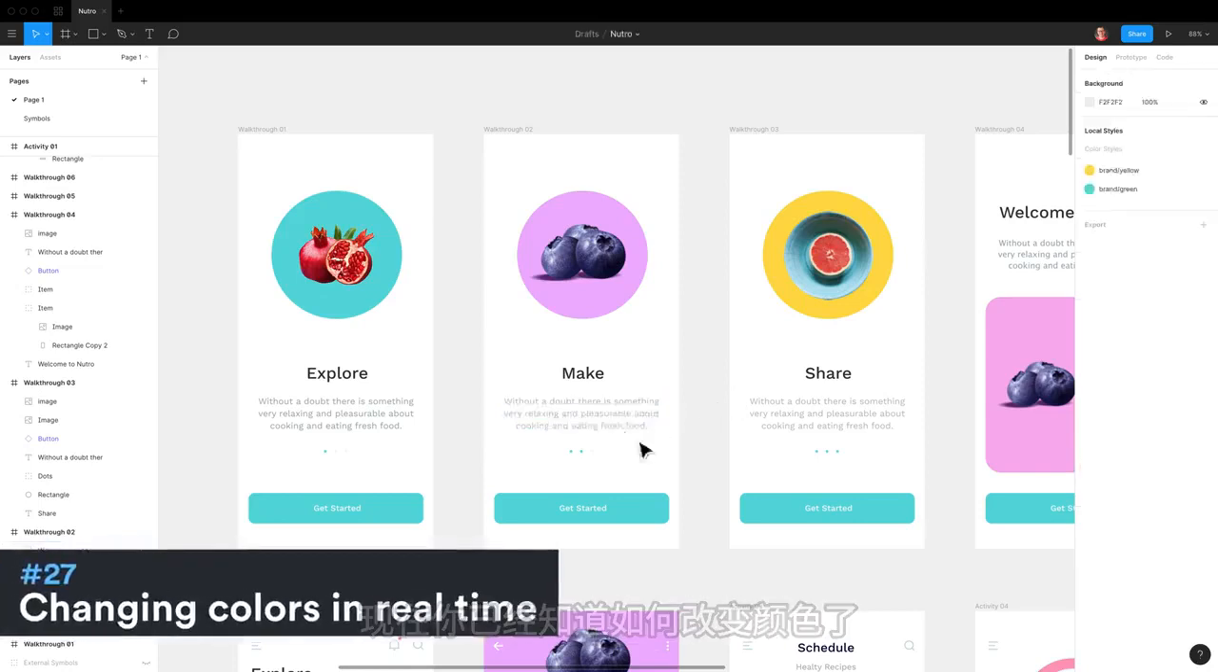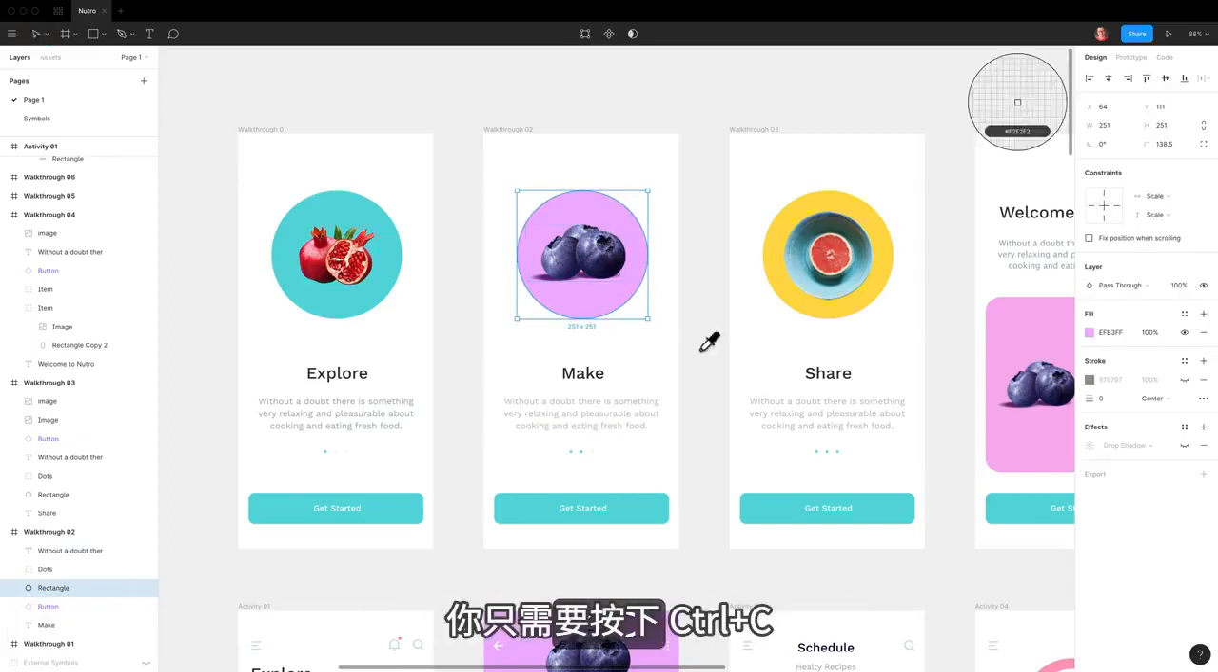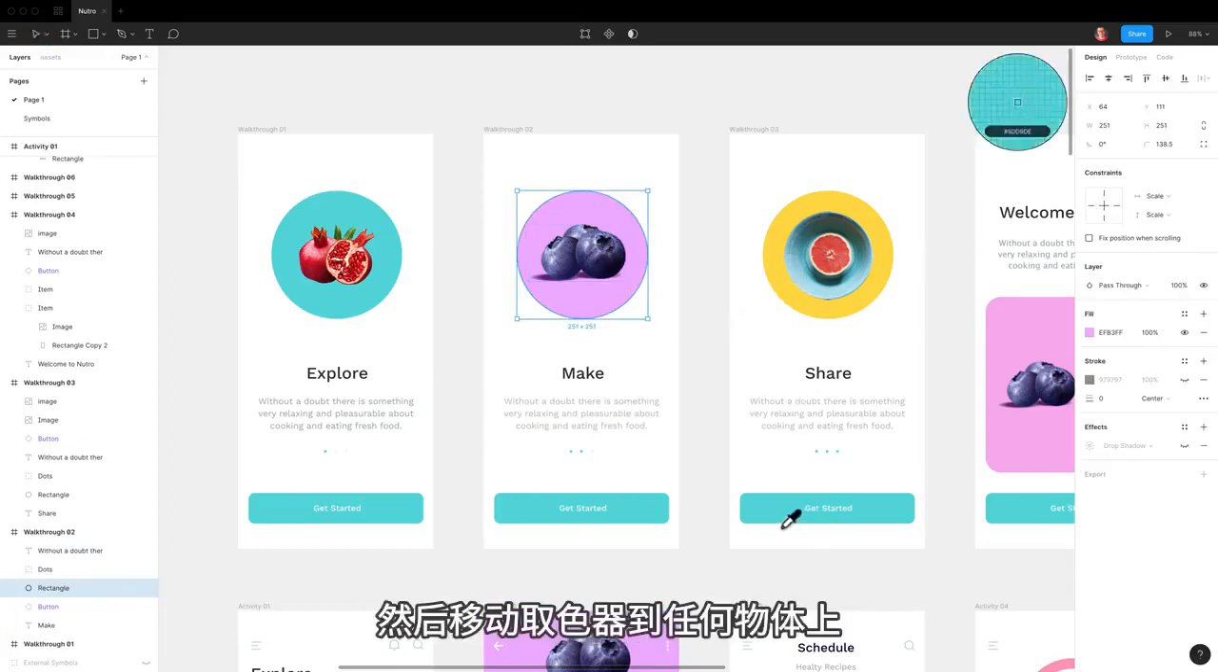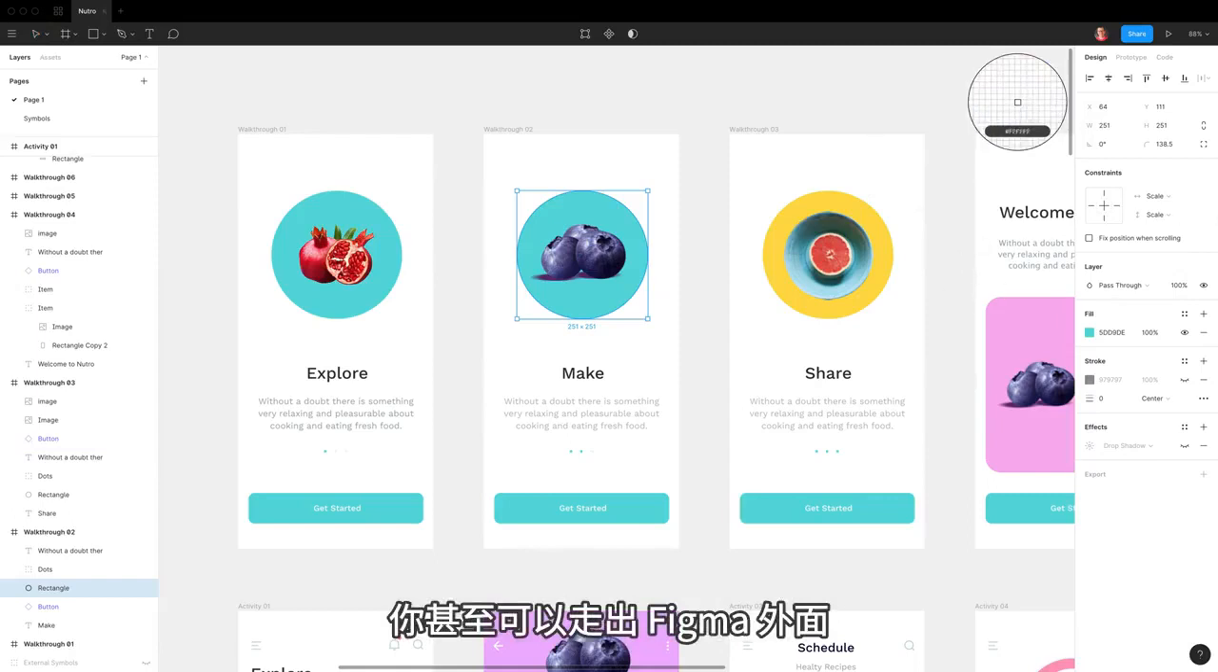Also, and this is a good one, you already know how to change the color of the object. So basically you press Ctrl-C, and then you can click on any other color that you want to apply it with the color picker. One tip here is that you can go outside of Figma's window and select some different colors from outside of the app. But another one